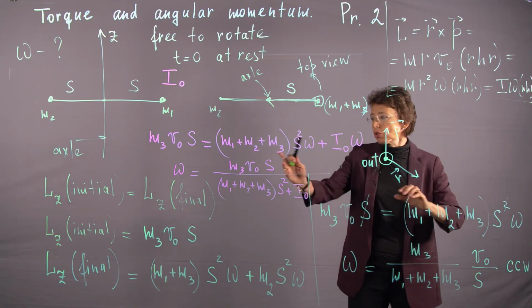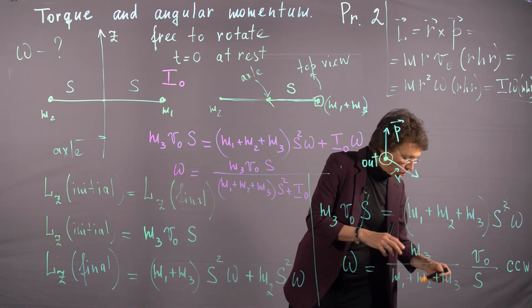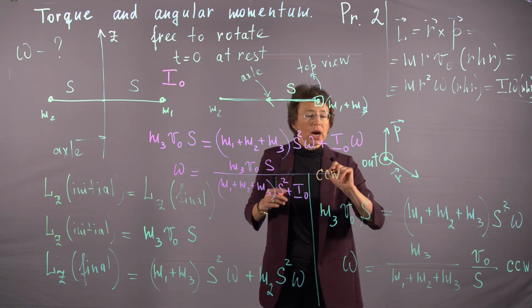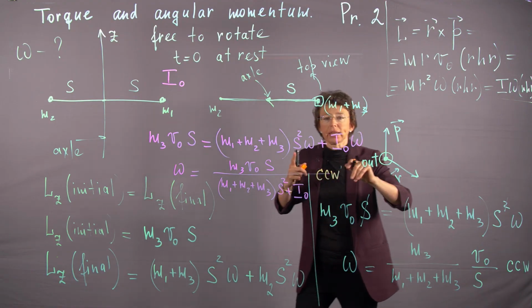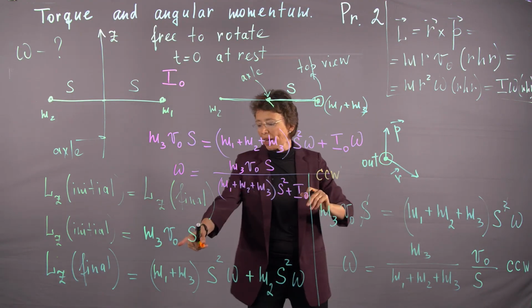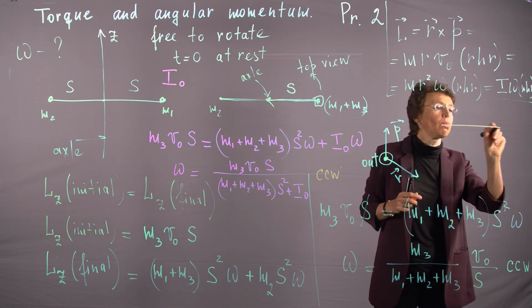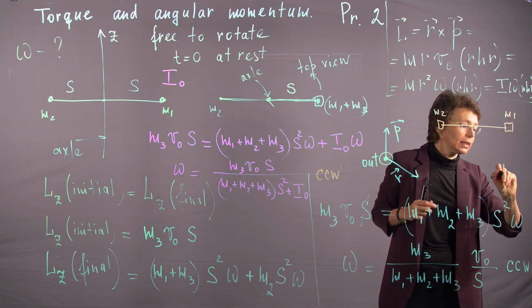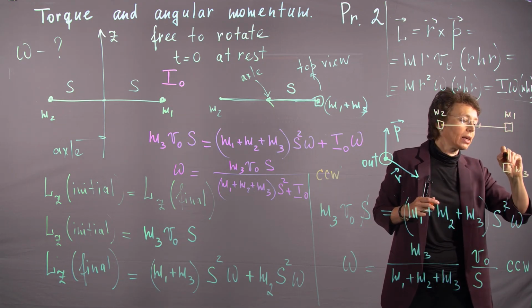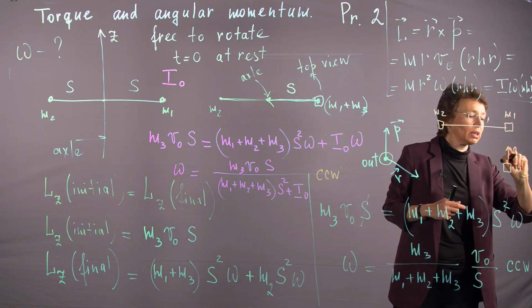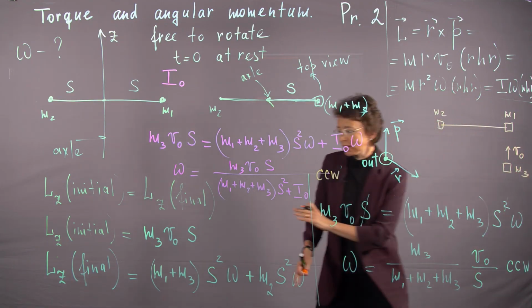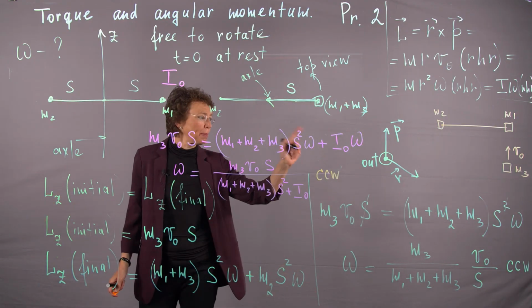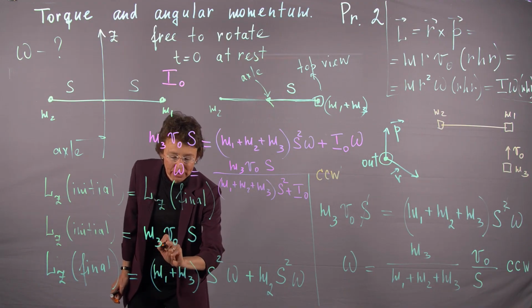Okay, I just realized, first I forgot to add the direction here. Of course, it is again counterclockwise. I also realized that at the very beginning, for some reason, I switched V1 to V naught. Remember, when I draw the top view, here is M2, here is M1, and here is M3 moving. I drew V1, but it is supposed to be V naught. And now everything is correct. The initial angular momentum of M3 was M3 V naught.